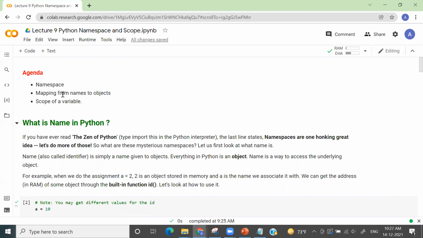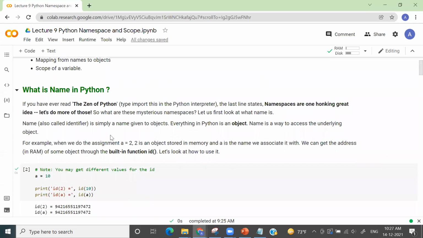Okay. So we said many times that whenever we are storing a list into a variable, we are not storing that list physically into that variable, rather we are storing a memory location of it, right? Now what if you want to get that memory location? For that we have an inbuilt function in Python, that is id.